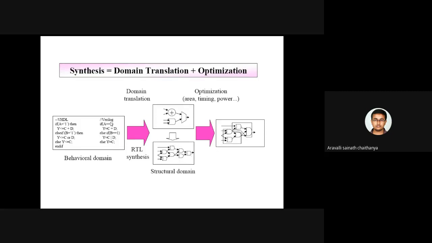That means this hardware digital circuit, 1, 2, 3, 4, 5, 6, 7, 7 logical gates are required here. Can I optimize? Can I reduce the number of logical gates such that I am not disturbing the functionality of the hardware circuit? Yes, it is possible. That is what we call optimization. Here I have used 7 gates, and here how many? 5 gates only. That means within less area I can still achieve the required functionality. That is nothing but the optimization. Understand?